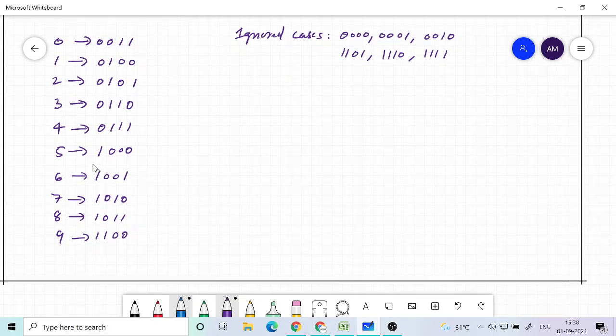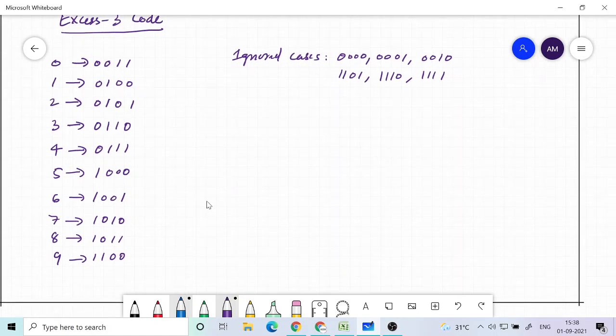Okay, if you look at here, if you flip every bit here, you can see that the first case 0 0 1 1 and the last case 1 1 0 0, it is just a flipping.